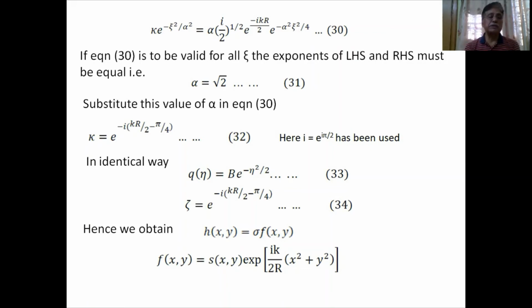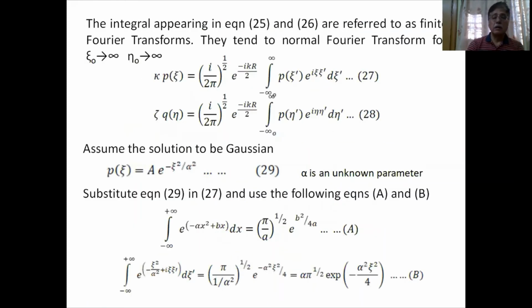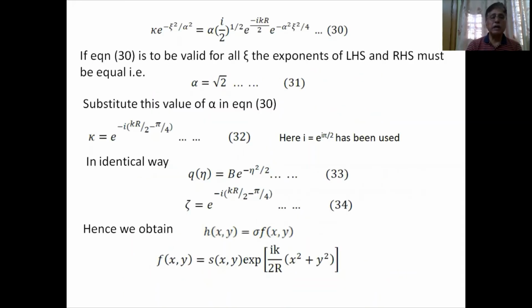kappa is equal to exponential minus i kr by 2 minus pi by 4. And here i is equal to exponential i pi by 2 has been used. So what do we have? We had the normal Fourier transform. We assume the solution to be Gaussian. We put this solution back in expression 23 and use the standard integral, and we got alpha is equal to